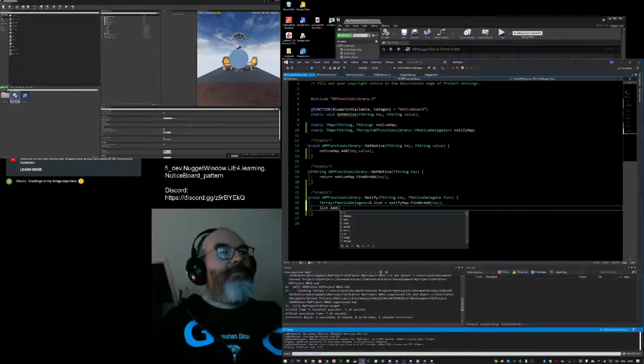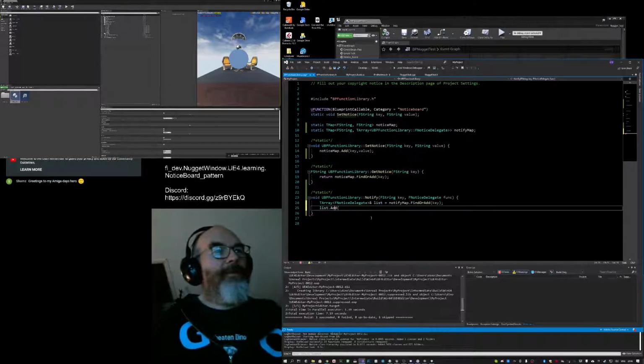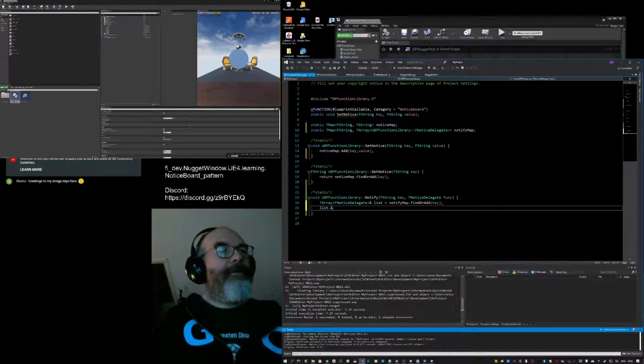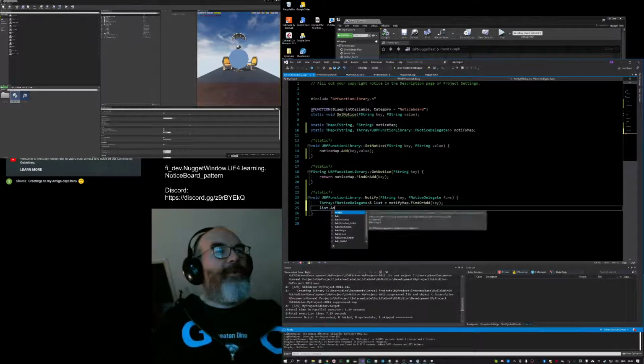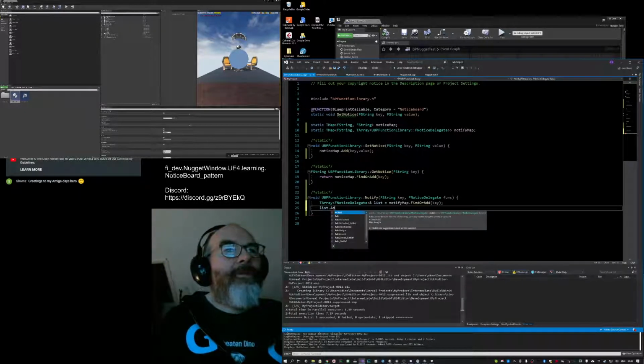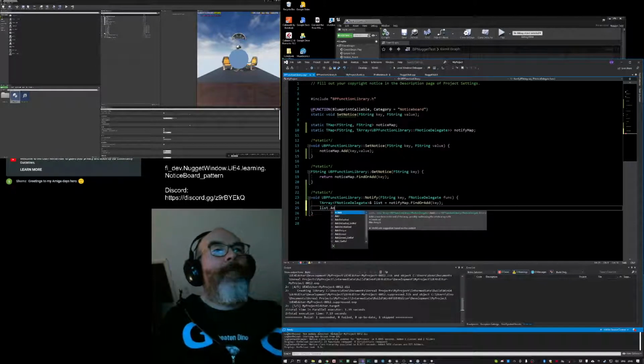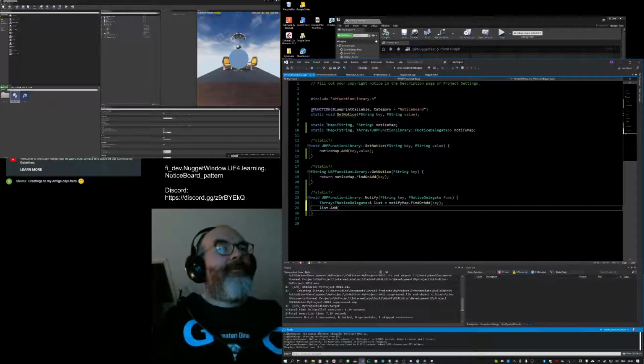Trying to reduce the amount of annoyance pop-ups, but it's gone to the other extreme. I can do it. Right, so it wants a const reference. It wants a reference to it.